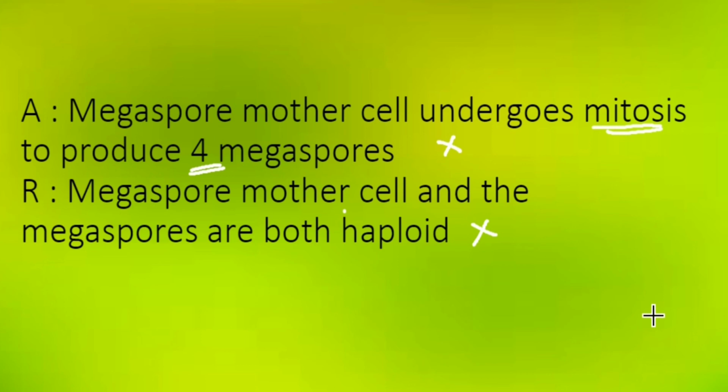See, listen children, there are certain cases where usually the D option is assertion and reason both are false. That's also D. But in your current sample paper released, it is given option D as assertion false, reason true. But since here both are false, it is like the old pattern where we can say that D is the answer.